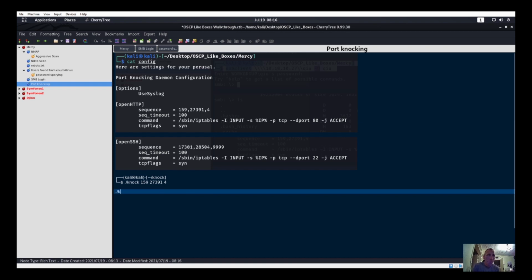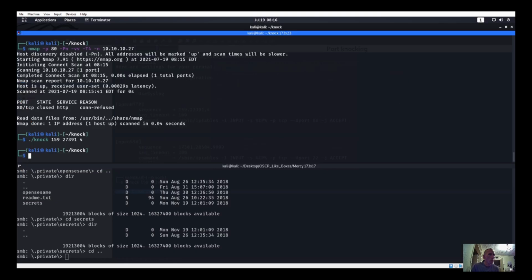knock 17301, 28504, 9999. Maybe I also have to put in the IP address. That would make sense to me. Like, how is it supposed to know where to knock if there's no IP address in? Right, so let's go ahead and do knock